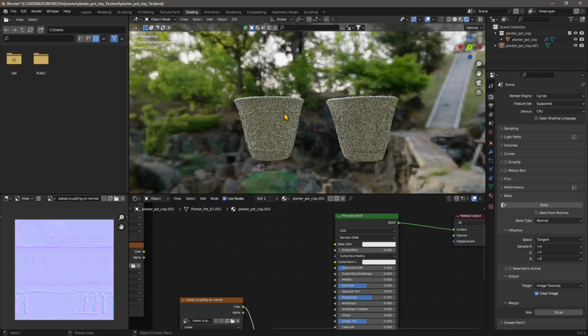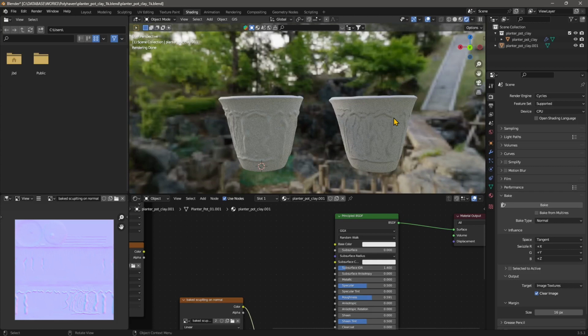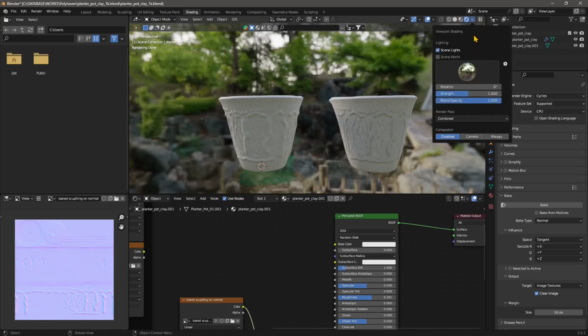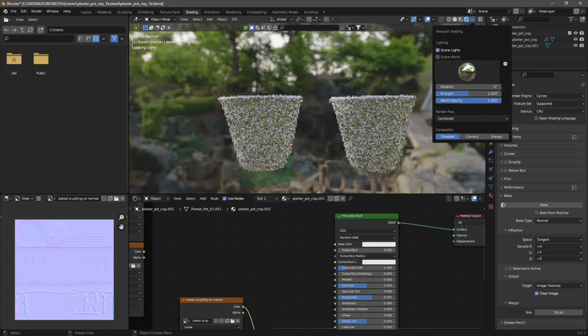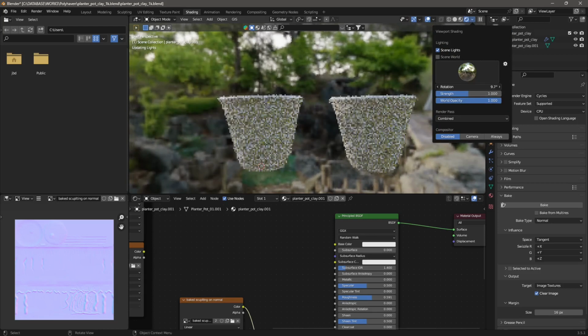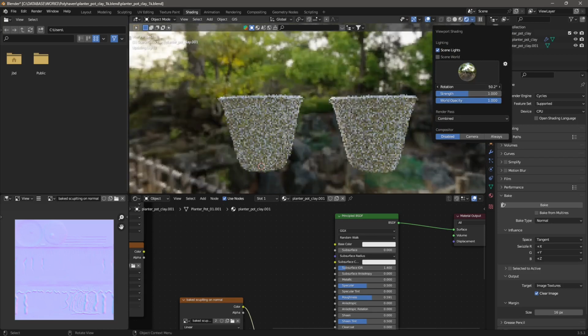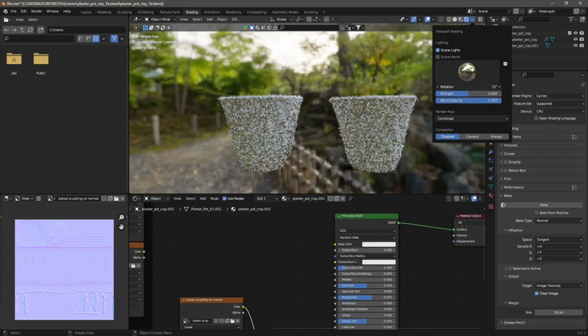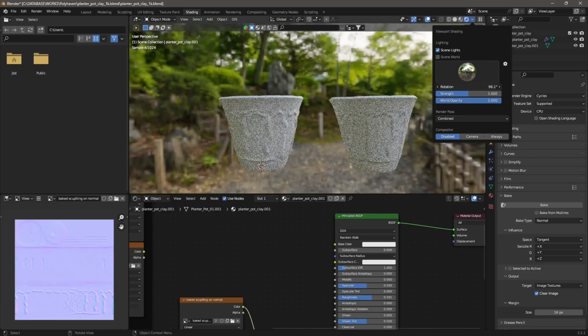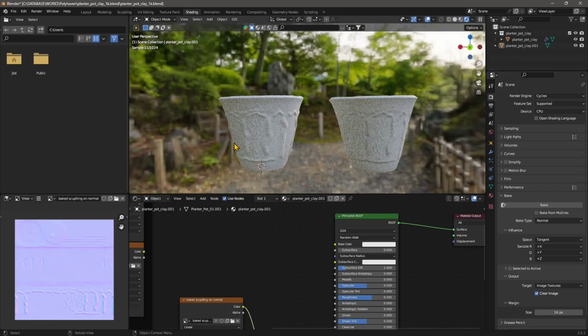This one here is going to be really heavy with a lot of polygons. This one here is low poly, but the effect is kind of similar. It depends also on the lighting that you use. Right now I'm using the HDRI here in Blender. So I'm just going to rotate this to another position so that I have the lights coming from the front. So you can see, yeah, you can tell the difference, of course, but